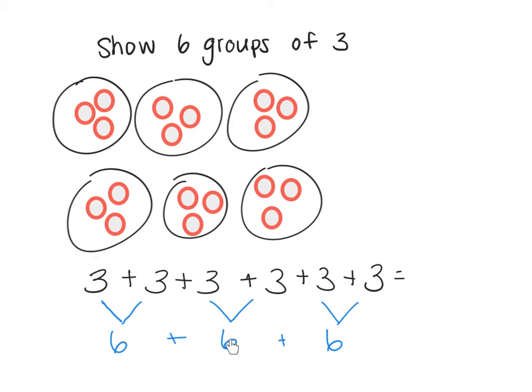6 plus 6 equals 12. Plus 6 more equals 18. Okay, so you could go about solving it that way. Now there's even a faster way of doing doubles, and that is by, I'm going to erase these real quick,